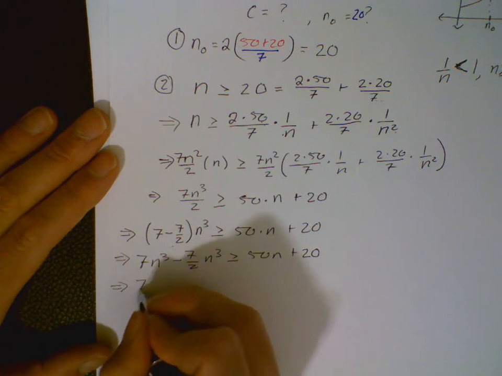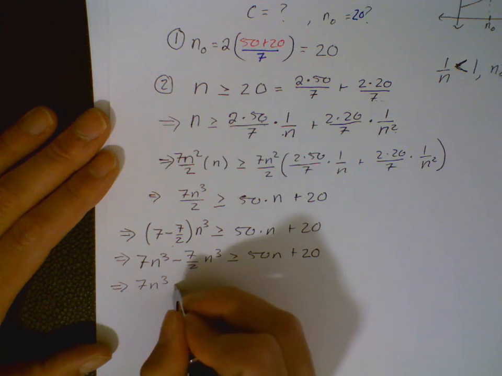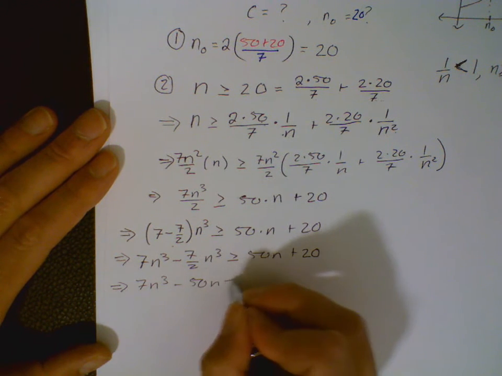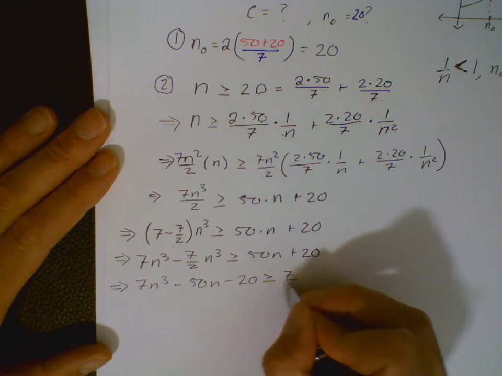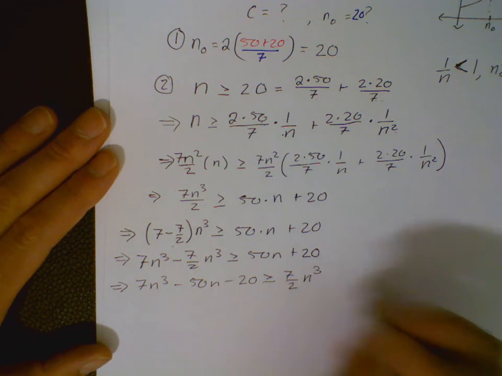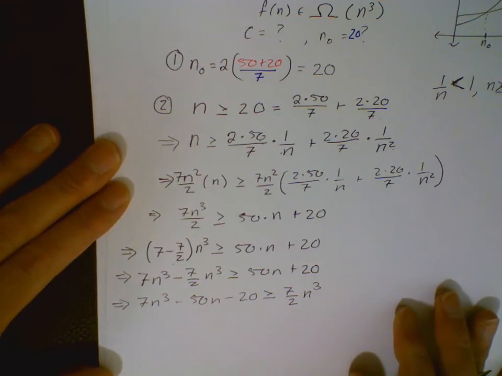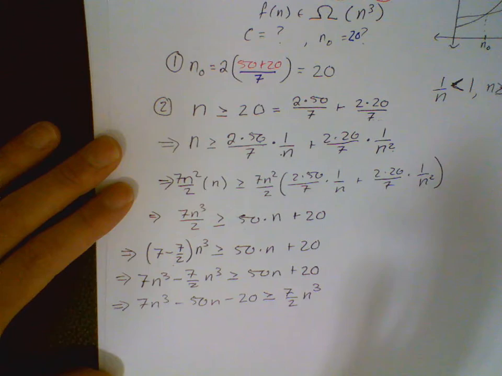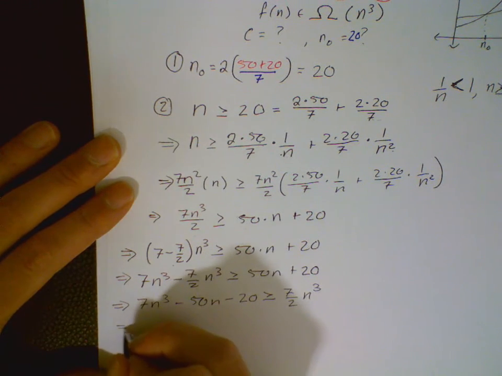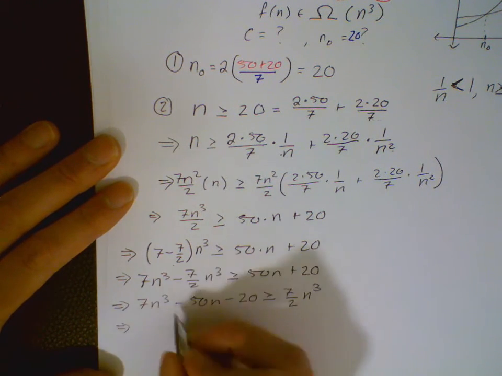So we'll end up with 7n cubed minus 50n minus 20 is greater or equal to 7/2 n cubed. And this should look like our definition. It should be very obvious now. So this implies that this whole left side is f of n,